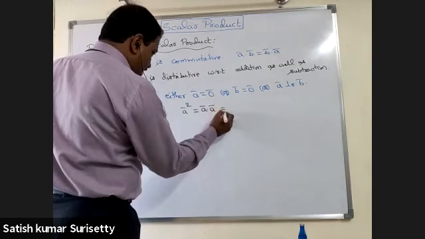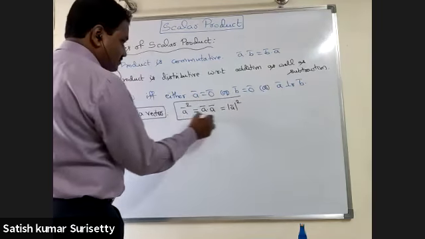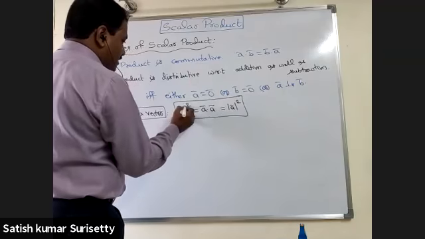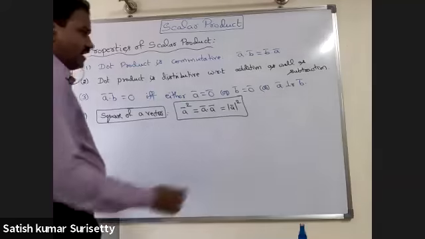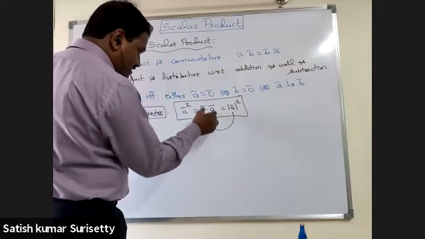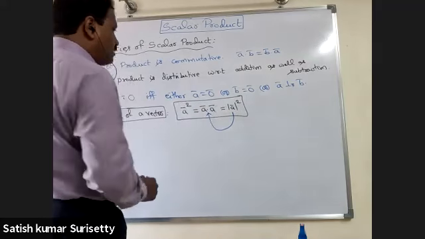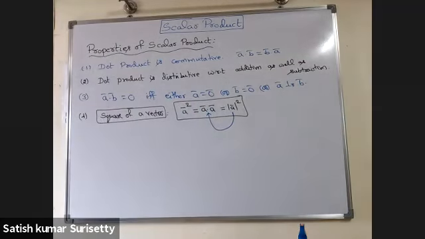Again, that will be the same as modulus of A bar whole square. So A bar square is equal to A bar dot A bar, which is the same as modulus of A bar whole square. So whenever you want to simplify vectors under modulus, you write modulus of A bar square as A bar dot A bar, that is, the dot product of the vector with itself, and then go for the simplification.